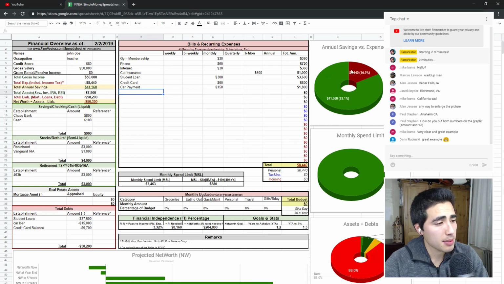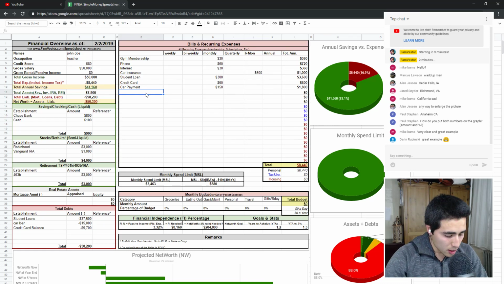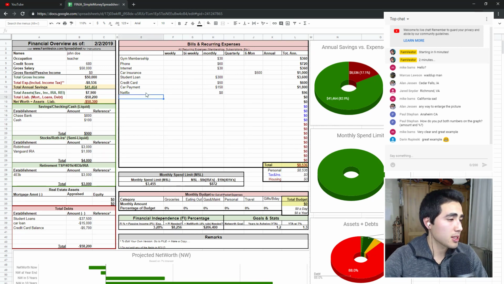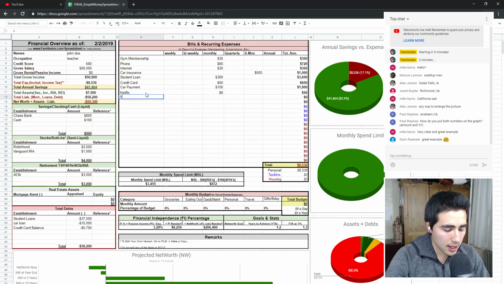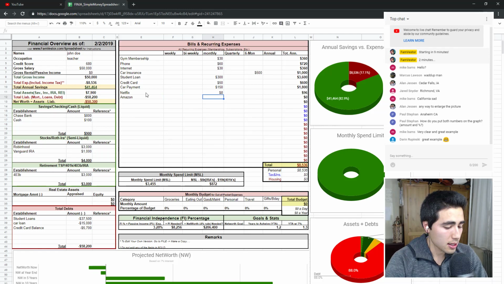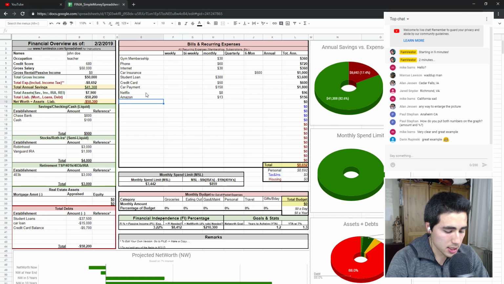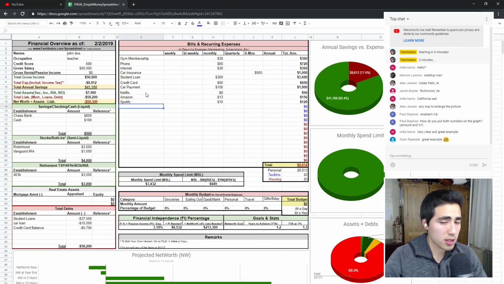his expenses are starting to gather into his savings. But still, he's doing good. He's saving $41,000. But then we still got a lot of other things. He likes Netflix. I like Netflix too, but I share off my dad because I'm cheap. And he has an Amazon Prime account, $13 a month. And let's put in Spotify account. So you just fill these things out with what you have, go through your expenses and fill it out with what you have. And let's put in things like health insurance